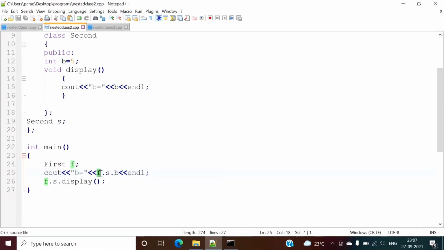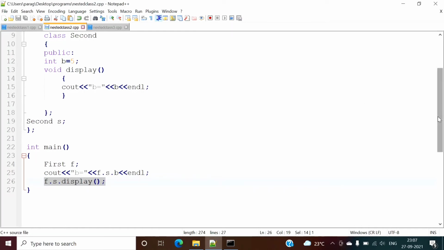So f is the object of the outer class where this class is defined. So f, then this object, and then this variable. And suppose we want to access this function, then f.s.display. This is the name of the function. So in this way we can access this inner class or nested class.